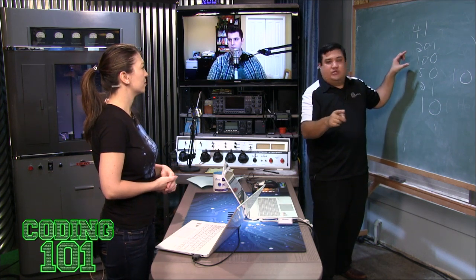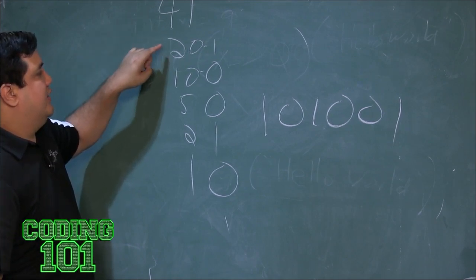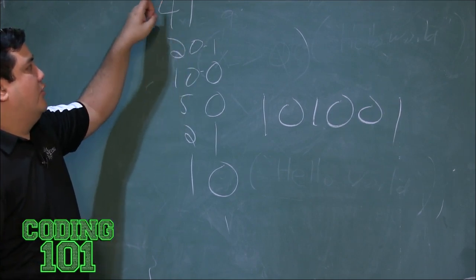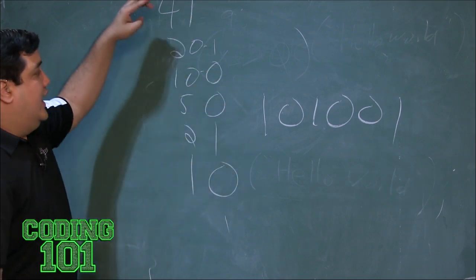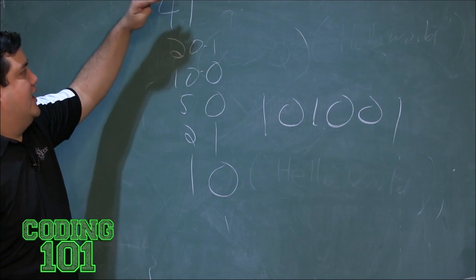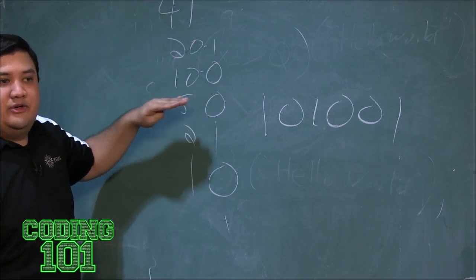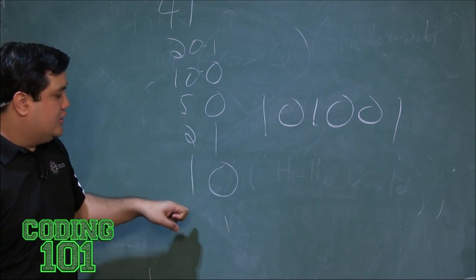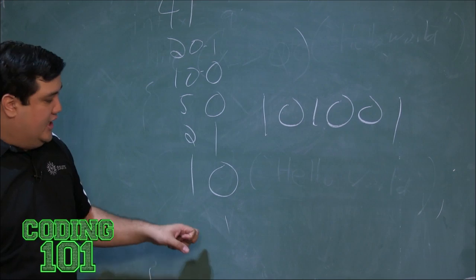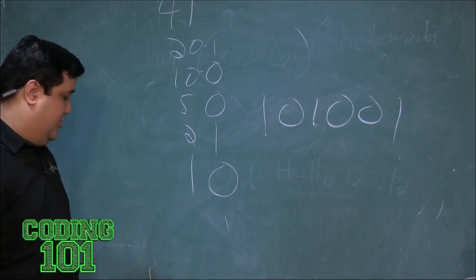Is there a remainder? So if 2 goes into 41 20 times, I multiply this by 2 to get 40, and I say, is 41 and 40 the same thing? No. What's the difference? 1. And I just keep doing that. I keep dividing by 2 and checking to see if there's a remainder. Divide by 2, is there a remainder? Divide by 2, is there a remainder? All the way down to the very last one. When 1 becomes the quotient, I just move that over to the end, and that gives me my binary number.